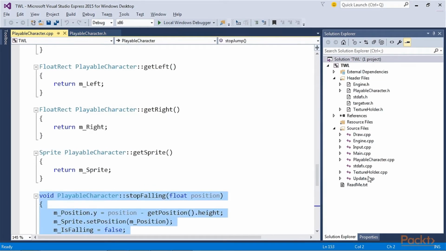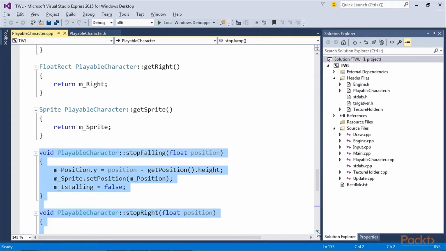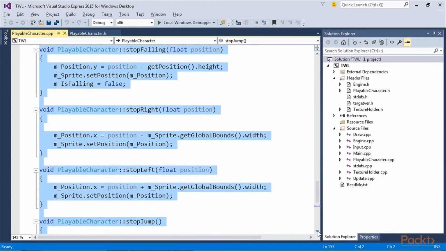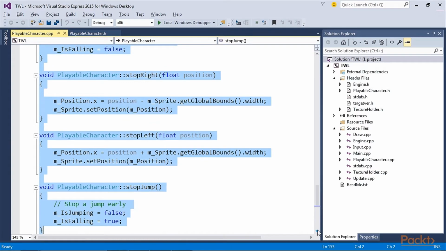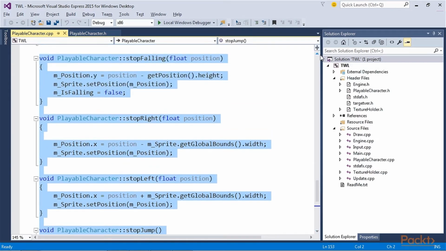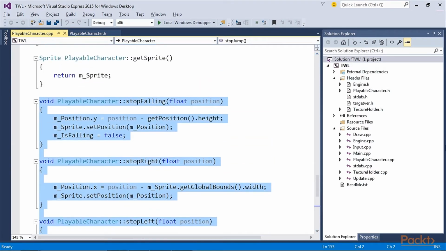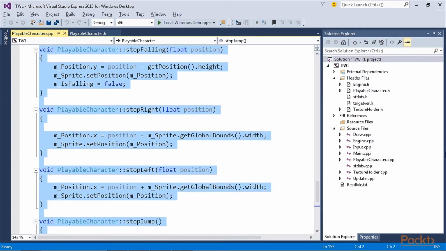Finally, for the PlayableCharacter class, add the definitions for the stopFalling, stopRight, stopLeft, and stopJump functions. Note that you do so immediately after the previous code. Each of these functions receives a value as a parameter that is used to reposition either the top, bottom, left, or right of the sprite. Exactly what these values are and how they are obtained will be seen later.